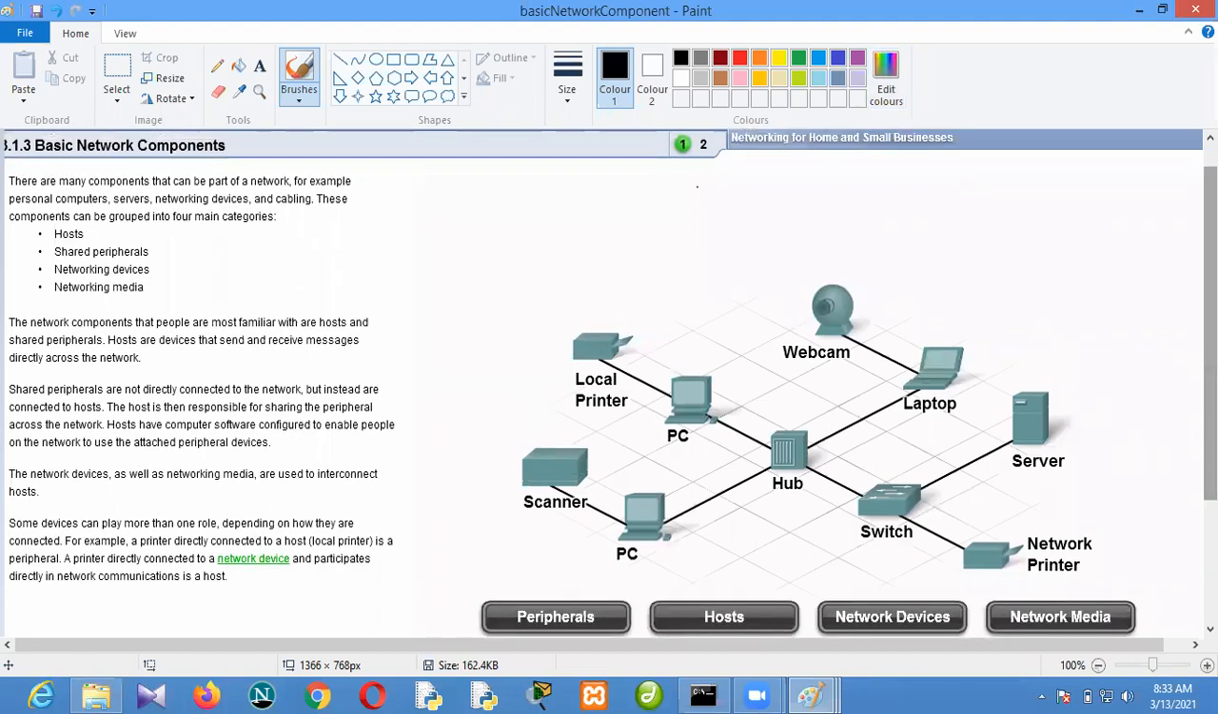I'm seeing it now. Okay, last time we talked about what a host is, what a peripheral is, what media is, and what network devices are. Now, we stopped at the place where we talked about cables and wireless. On this particular one, I said that an example of this is a